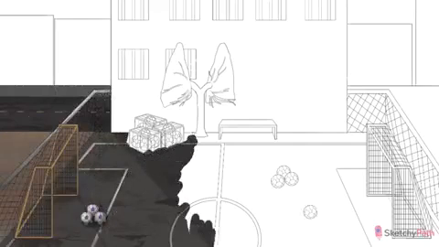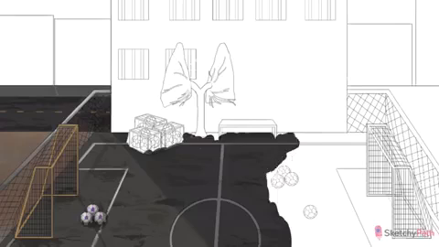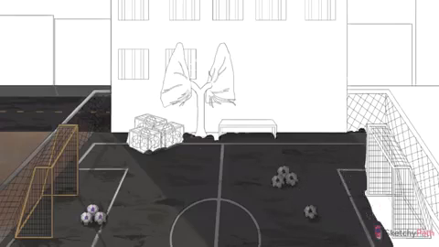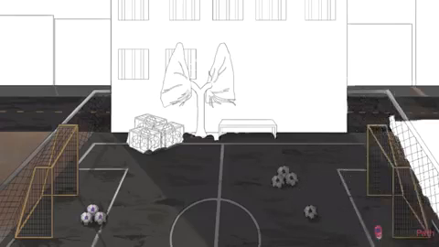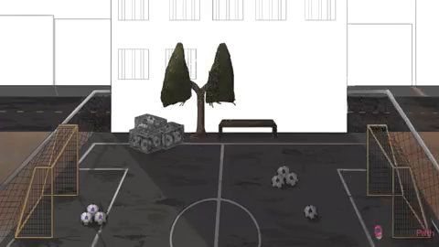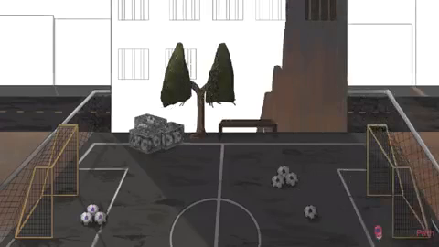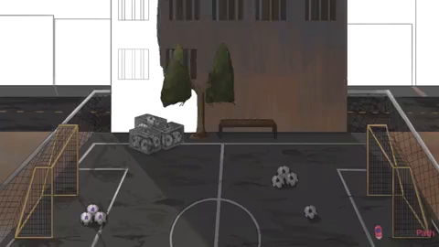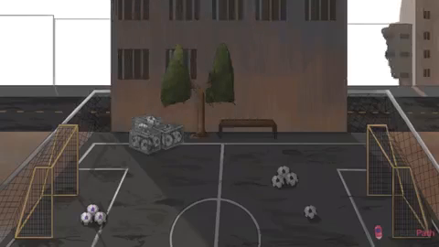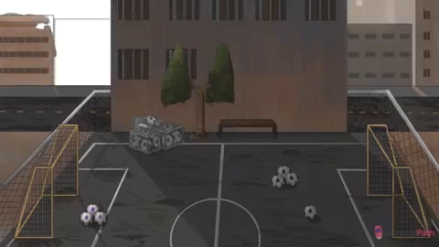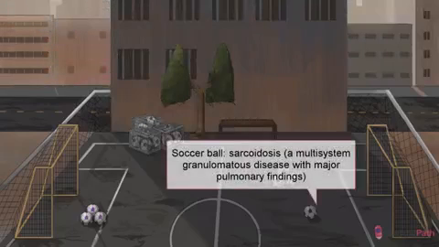Okay, in all seriousness, I love soccer. And the best part about it is that it can be played literally anywhere, including out on the street. At Sketchy, when we say soccer, you say sarcoidosis. Though we don't really know what causes it, we do know that it involves a bunch of non-caseating granulomas popping up in multiple organs throughout the body.